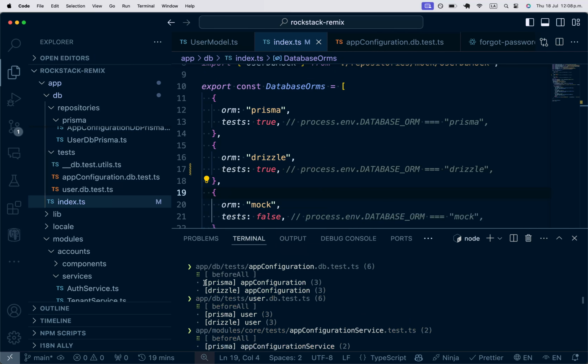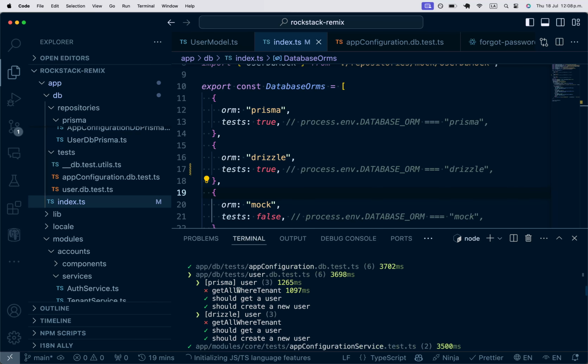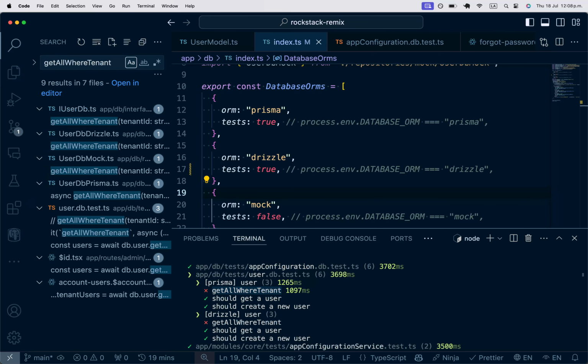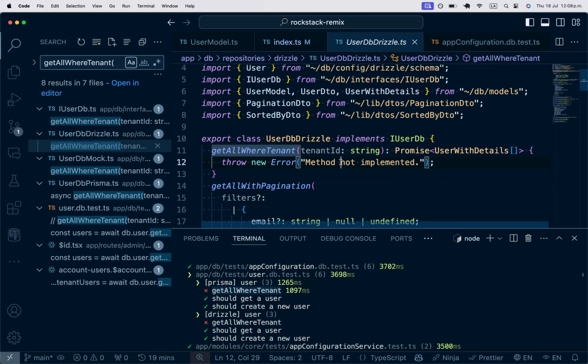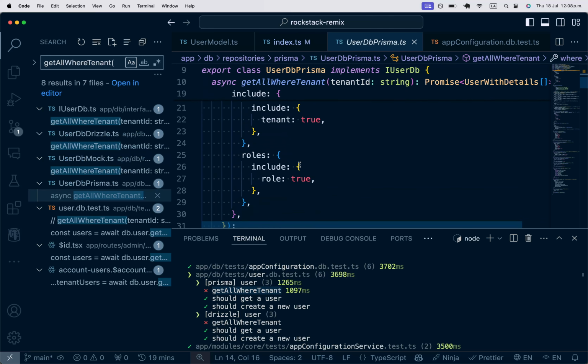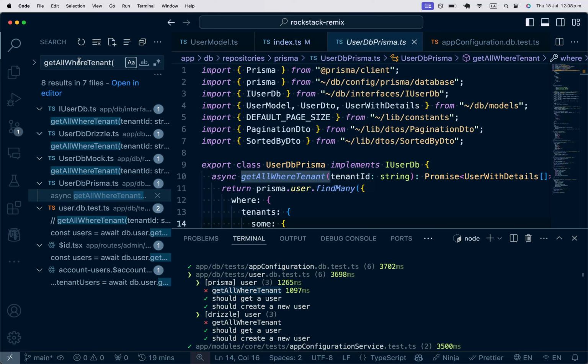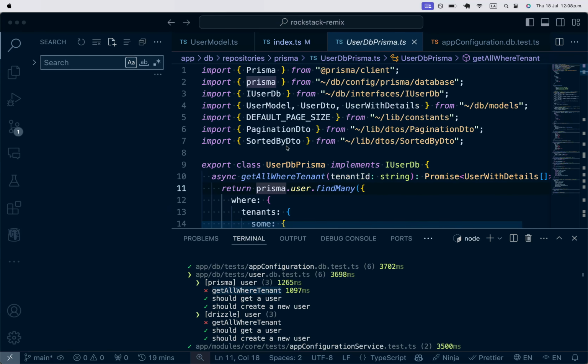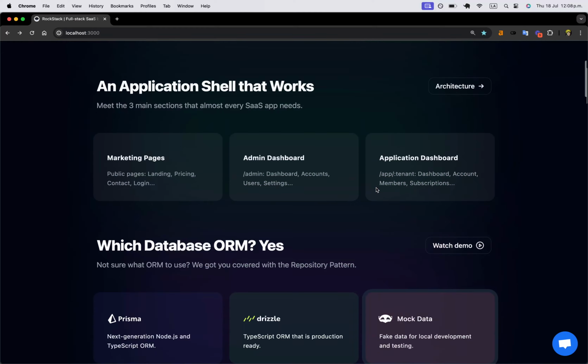So we have these Prisma tests, these Drizzle tests, and we can see where it's failing. Like we have errors on Prisma ORM on this function. So we have it on Drizzle as well. So this function is not well implemented. So you'll need to go to your Drizzle implementation. And yeah, we don't have it implemented yet. And on Prisma, it's not returning the correct data. So I need to check it. So yeah, this is how RockStack handles